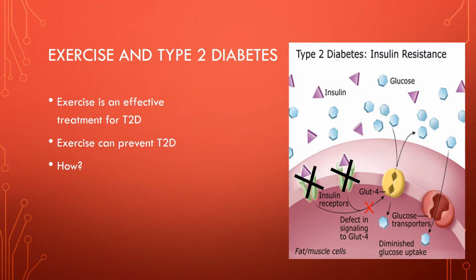So again, bypassing the insulin receptors, more GLUT4 transporters move to the cell surface and bring glucose into the cell. So exercise is very effective at causing the cells to uptake glucose. This is true even with an acute or a single bout of exercise, going for a walk or a run or a swim. One bout of exercise actually increases the body's ability to uptake glucose. And of course, regular exercise is even better.